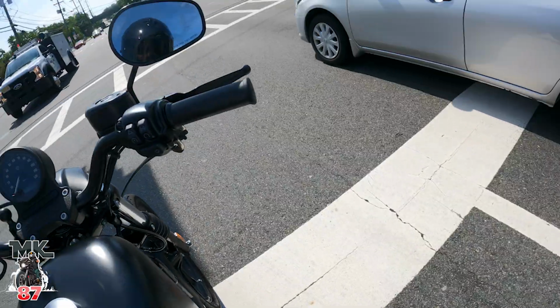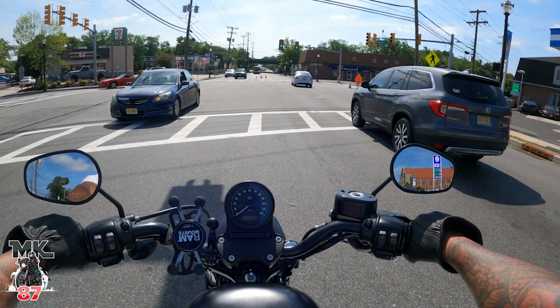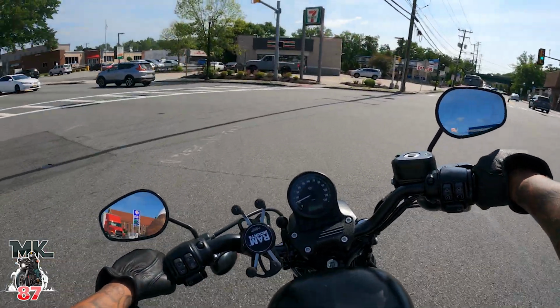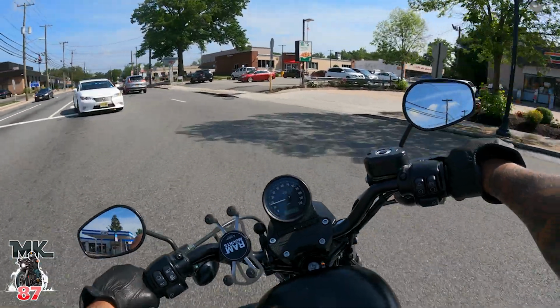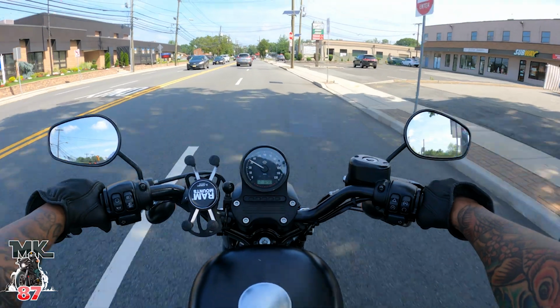As you can see here, I'm able to flat foot this bike, and I have a slight bend to my knee. I am 5'7", so yeah, very, very comfortable. So if you're around my height, even if you're shorter, you should be really good. Even if you're like 5'4",